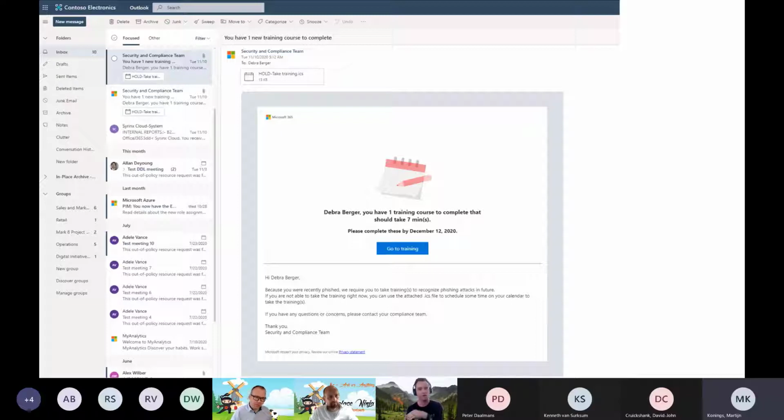So we have, for example, general ones around phishing, which are, I think, 7 minutes top of mind. But we also have more deep dive trainings like web phishing, which are smaller, around 3 minutes. But you can choose to only provide the 3 minutes or the 7 minutes, or even both of them or multiple of them. So you have a bit of freedom in what kind of training you want to put once